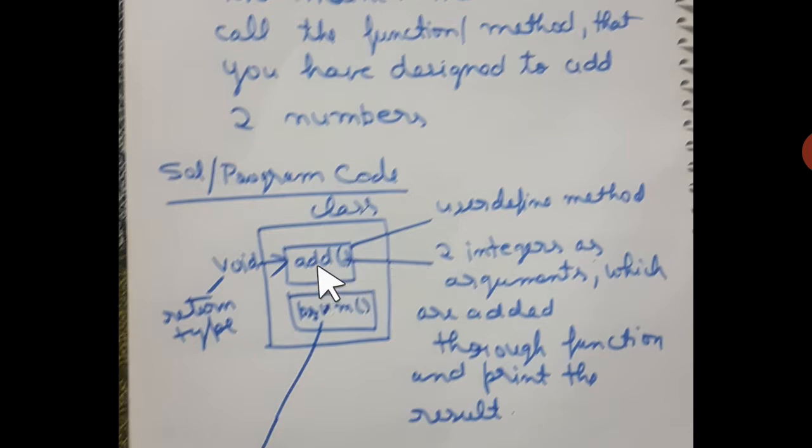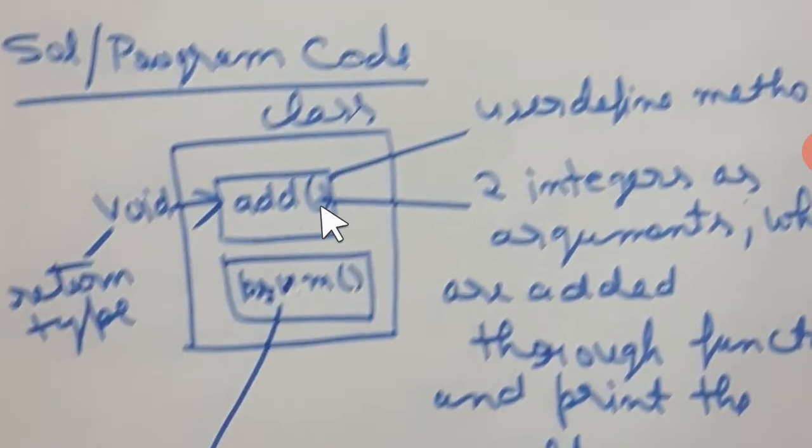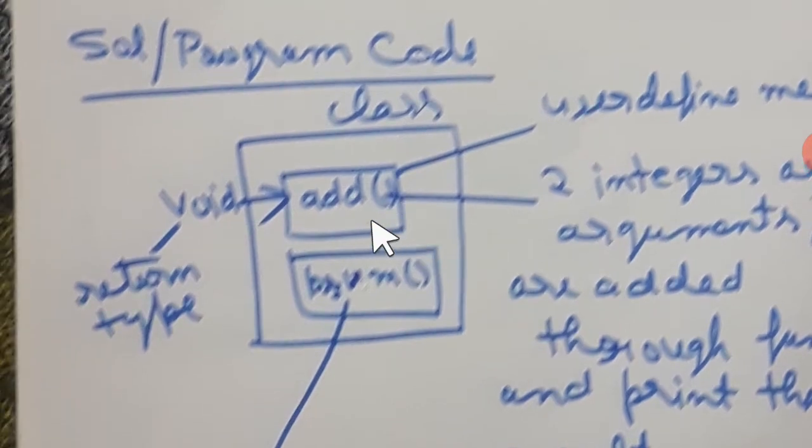Now, students, the add function is there, which is a user defined method. I have already written it there. It takes two integers as arguments. So this area is meant for arguments. In the parentheses you pass the arguments, so two integers are required. How? I will show it to you. So this is the basic format which I have told you just now. Return type is void, as I told you.